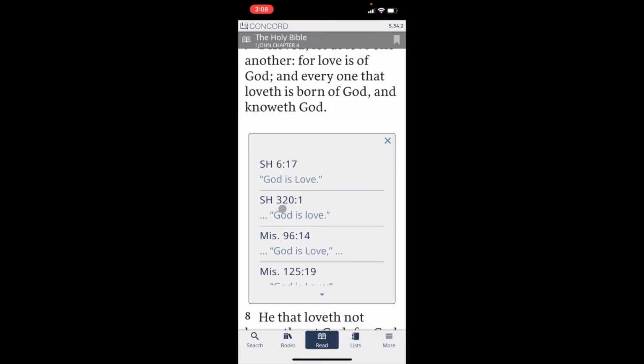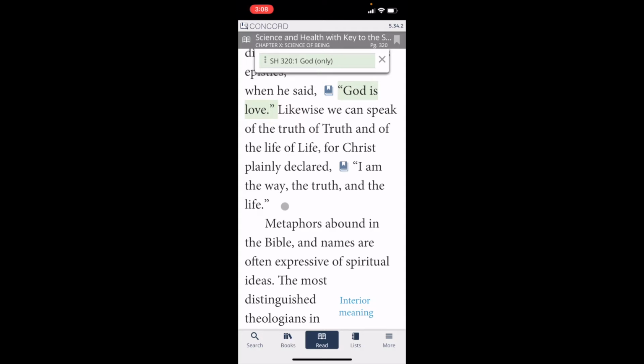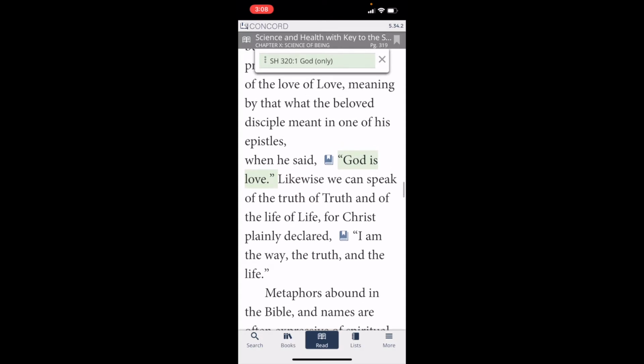So I'll click on Science and Health 320, line 1. So I'll tap. And you can see that God is love, which was being referenced in that Bible citation, appears here in Science and Health. There's a little book icon right next to this reference, and you can click or tap on that,